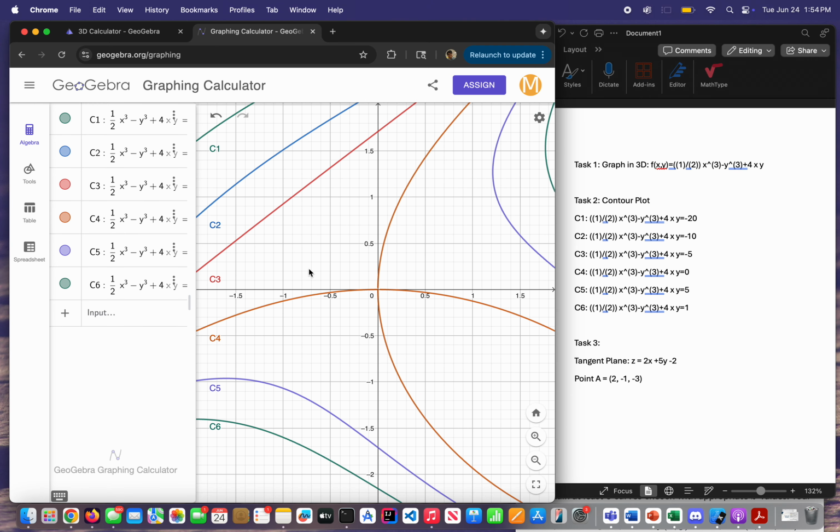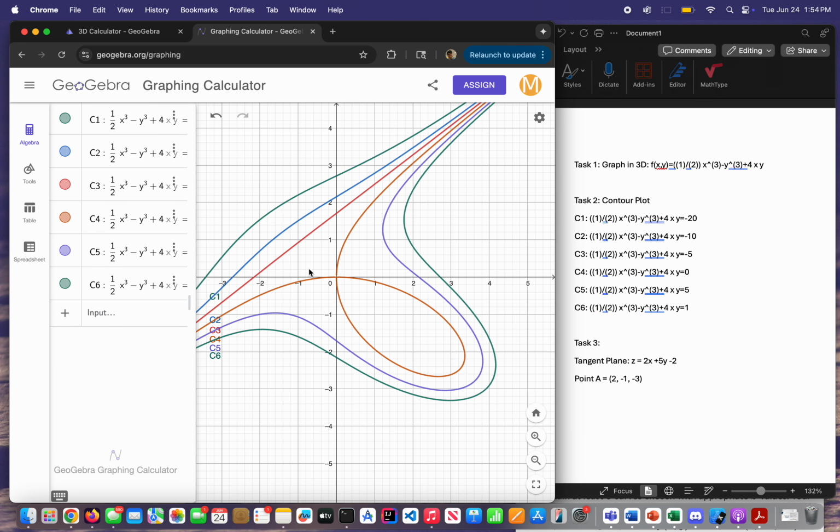So yeah, we can take a look at this contour plot. As we can see, the space in between the lines is actually getting closer and closer together right here. That's indicating that the slope is increasing. We also see that when z equals 0, it kind of changes shape, right? That indicates that there's some sort of saddle point at z equals 0, which essentially